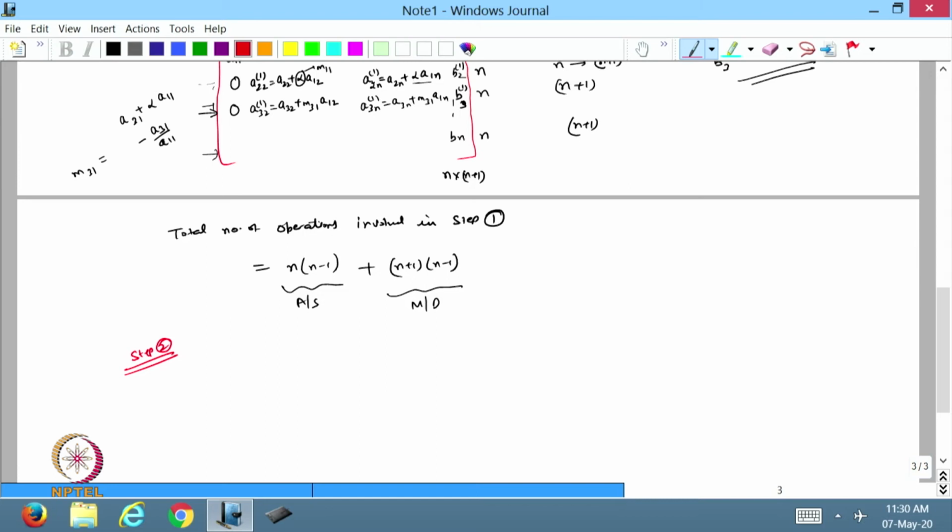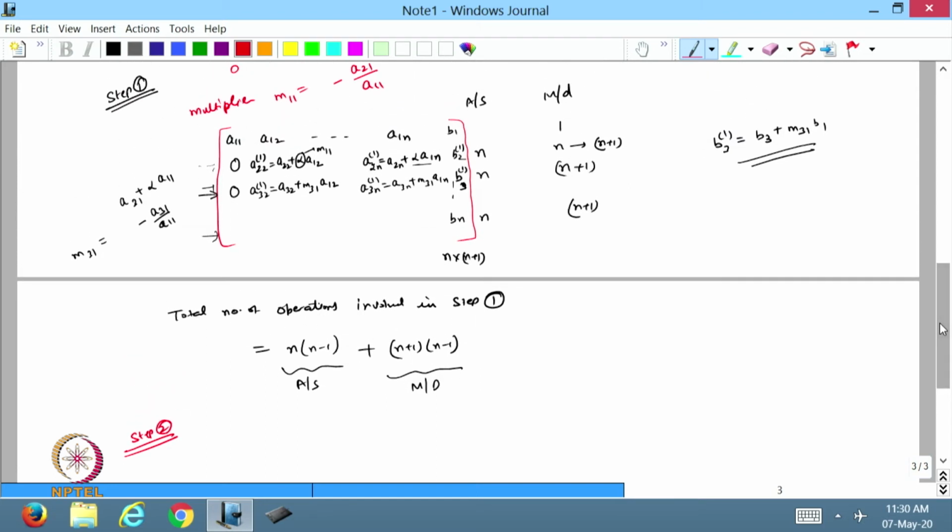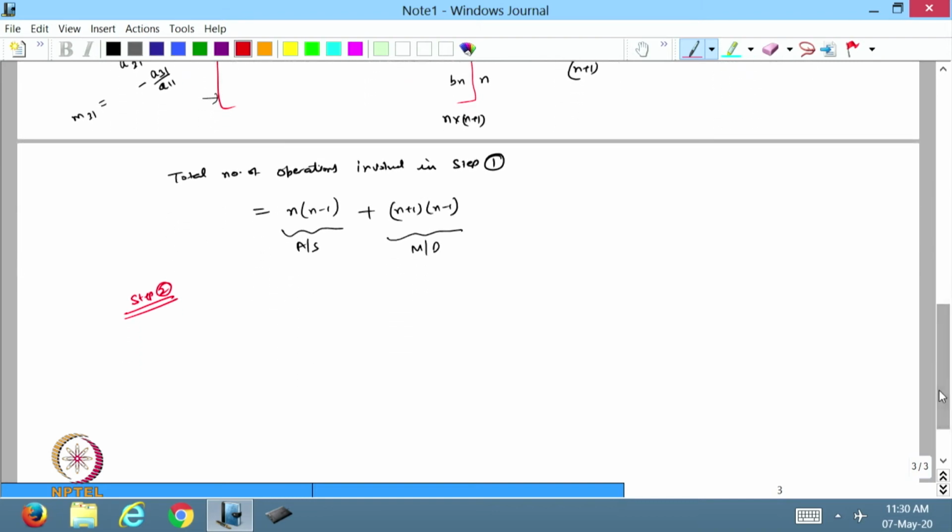So, in step 2, what is happening now? I am leaving this one. So, my matrix will be A11, A12 up to A1n, B1. This is 0, 0, 0, all are 0. Here I am getting A22, A2n, B2, right, and then